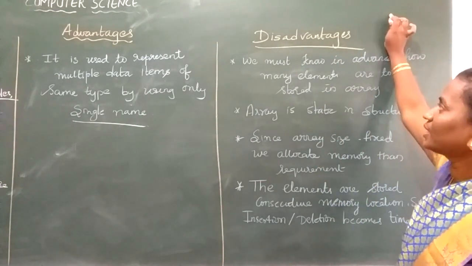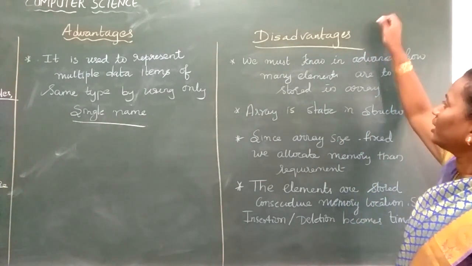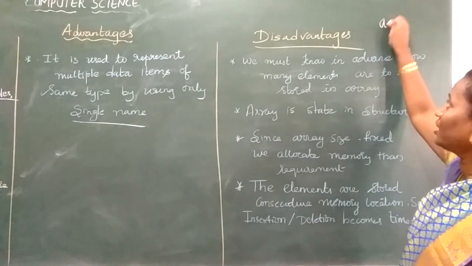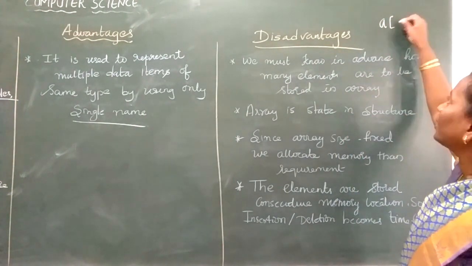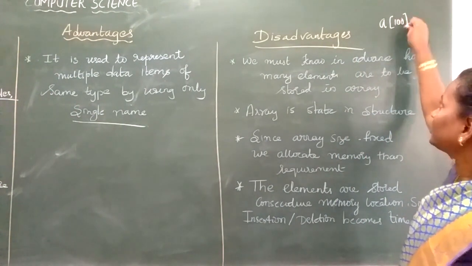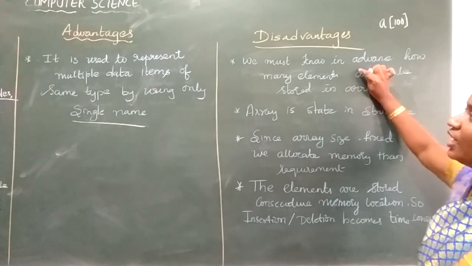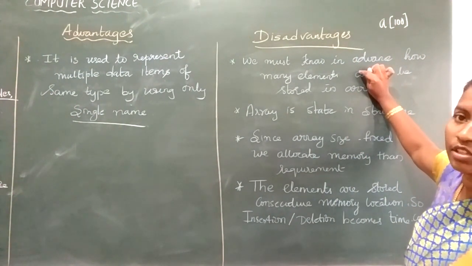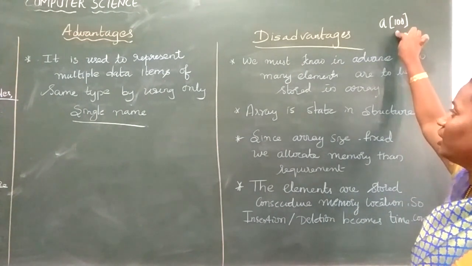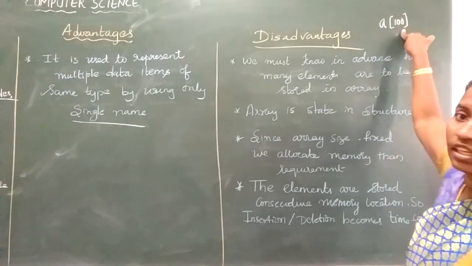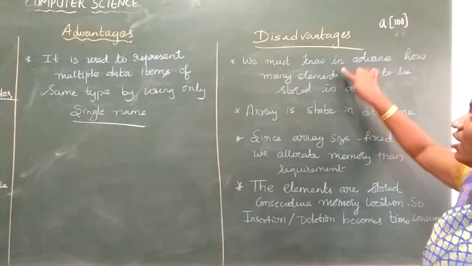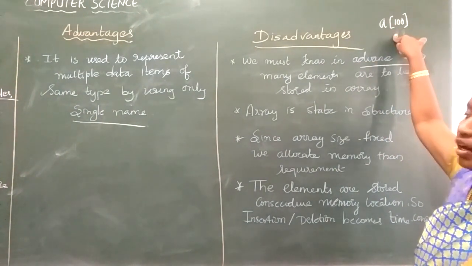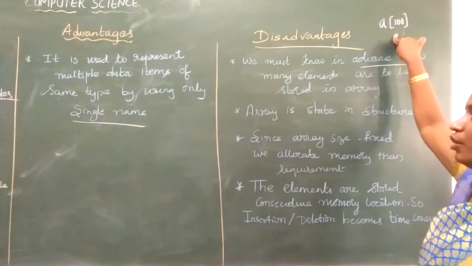Okay, next we will discuss the disadvantages. In the disadvantages, the first disadvantage is, initially when you want to use an array in the declaration part, suppose I declare my array size as 100. So initially you need to know how many array elements you are going to store. So in advance we need to know the array size, and initially we are reserving the space in the memory. So this is one disadvantage. In advance we should know how many elements you are going to store.